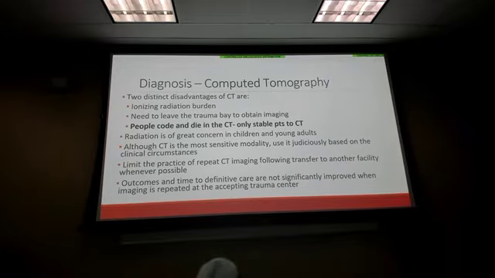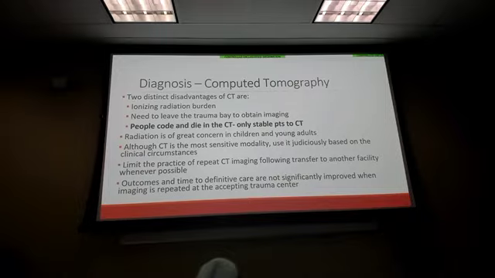You do get a lot of radiation with it, although nowadays it's relatively minimal. We have lower radiation protocols, so it's not as significant as it used to be. The issue is they have to leave the trauma bay to go to the scanner, and then the scan takes time. So that's typically where we have issues. Try not to send any unstable patients to the CT scanner. That's where they go to